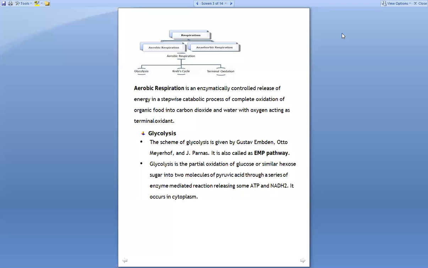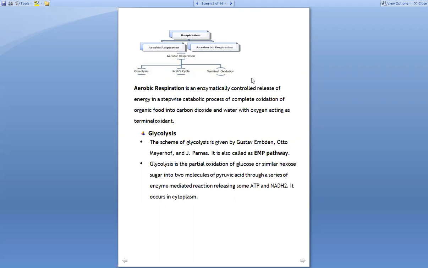Today we are going to see 11th science biology and the next topics of chapter number 14, that is respiration in plants, right? So already we have covered the introductory part of this chapter. Today we are going to resume this chapter with the upcoming topics, which are among the most important topics of this chapter. In the previous class, we saw the introductory part, and today we are going to see about